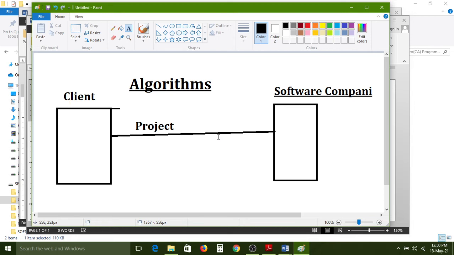That plan is equal to algorithms here. For client satisfaction, they have to develop algorithms, which the client can simply understand.